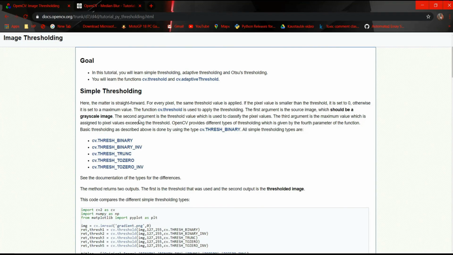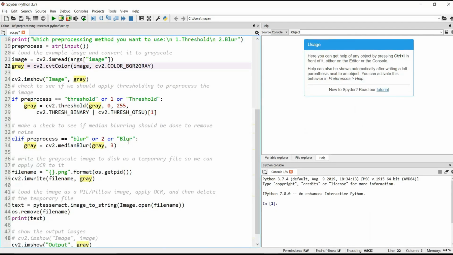Then the second argument is used to classify the pixel values. It means that it is the threshold value of pixel which is used to classify the pixel value. Then the third argument is the maximum value which our pixel is assigned to. We had set the maximum value to 255, so any pixel greater than the threshold will be set to 255.